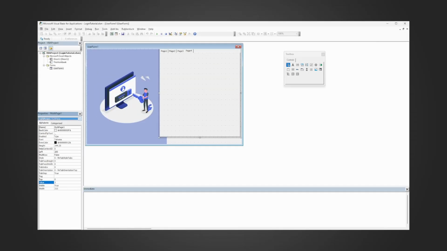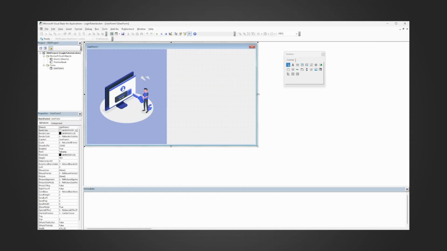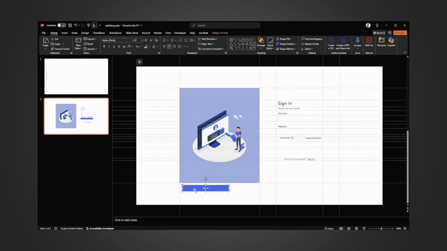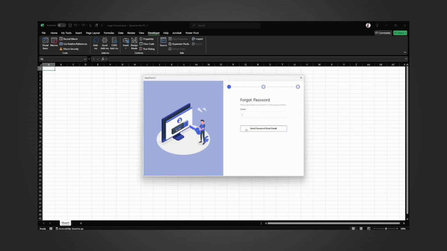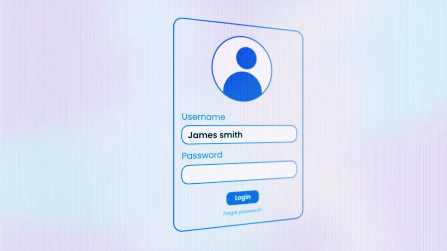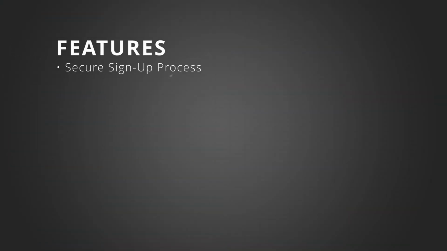If you caught my last video, you'll remember that we built the foundation for a login form, covering the basics of creating a beautiful interface, some key functionality, and even some nice transition animations. As highly requested from you guys in that video, today we'll be looking at how to build on this foundation to make the form fully operational, complete with a secure sign-up process, password recovery, validation emails, and even a Remember